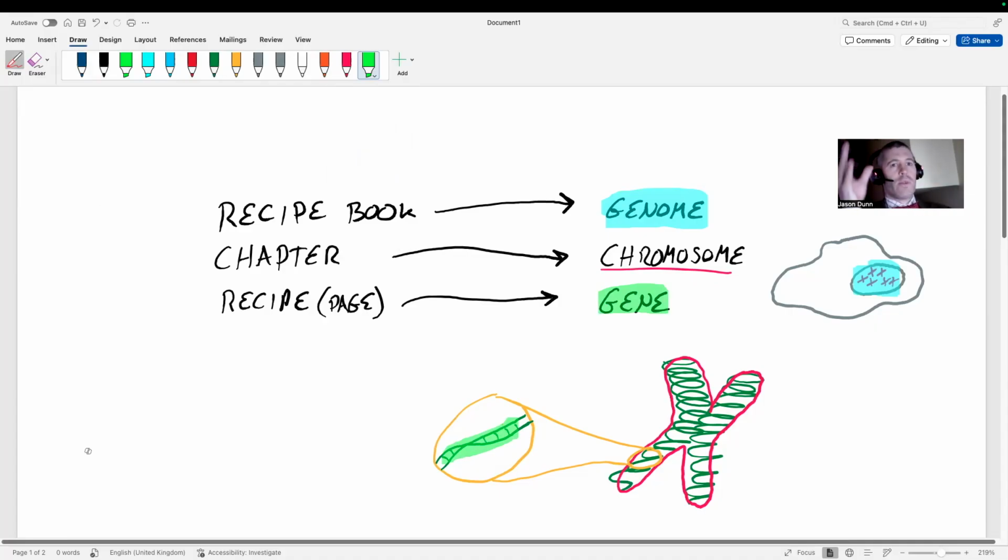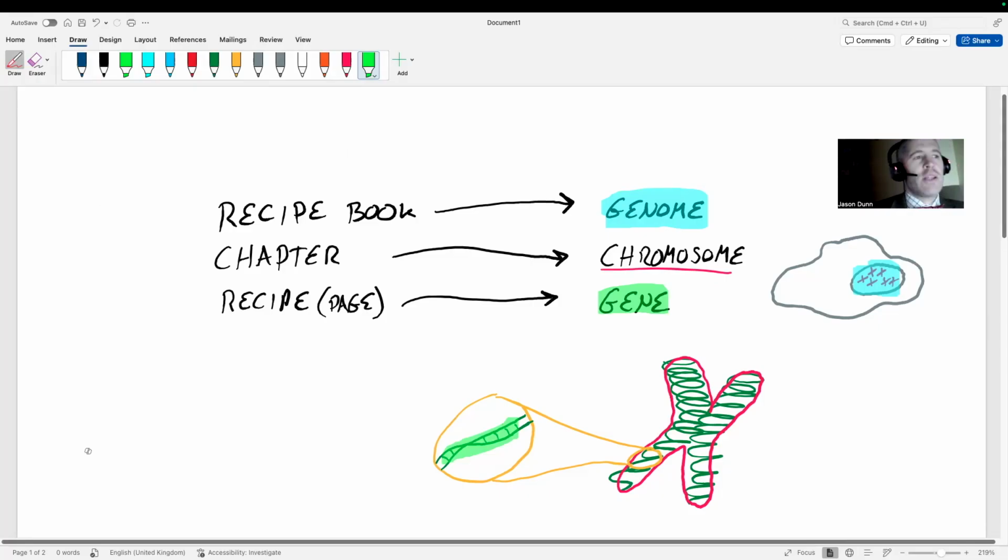We've got the recipe book, which is the genome itself. We've got the individual chapters, chromosomes. This isn't really true because in a recipe book, you'd have, like I said, all the soups in one chapter and all the sweet stuff in another chapter. In the chromosomes, it's not really like that. You don't have all the pigments on one and all the enzymes on another and the hormones on another. It's all interspersed. So that doesn't really work, but it helps perhaps understand.